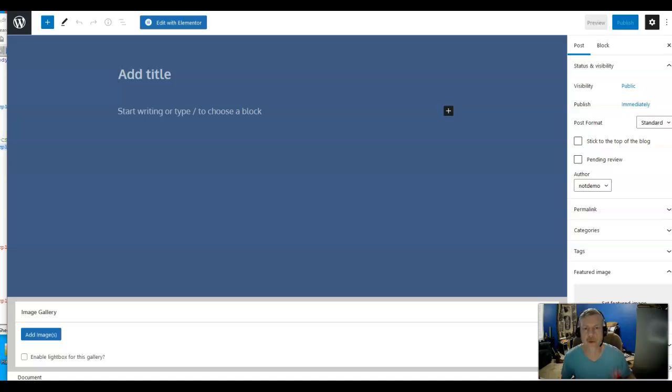Now, a post is just a page on your website that can be organized in various ways, into dates, by authors. It's something that would be used in something like a blog or a news section on your website. It can be thought of as something more of an ongoing thing that you're going to publish to your